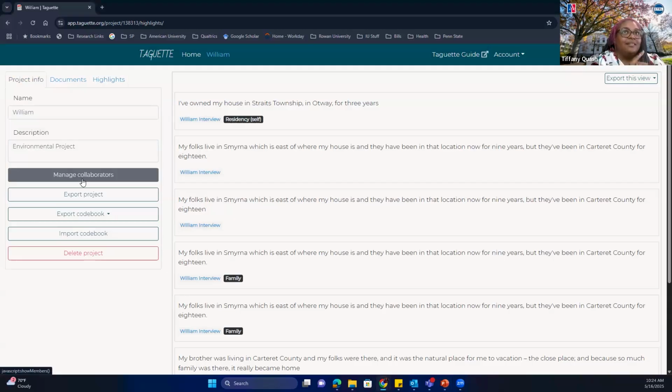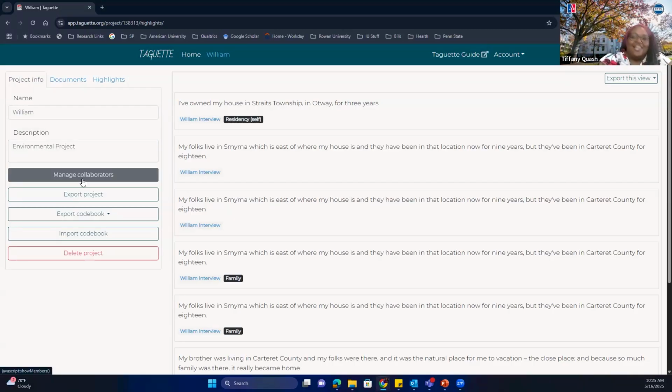So you can see in real time, like I explained earlier, what your collaborator is doing. The downfall of doing it on Taguette. Well, let me back up. The really cool part of doing it on Taguette is that it's in real time, number one. And number two, you can actually see what your collaborator is tagging.